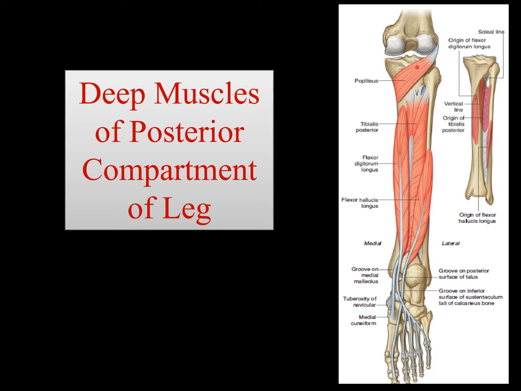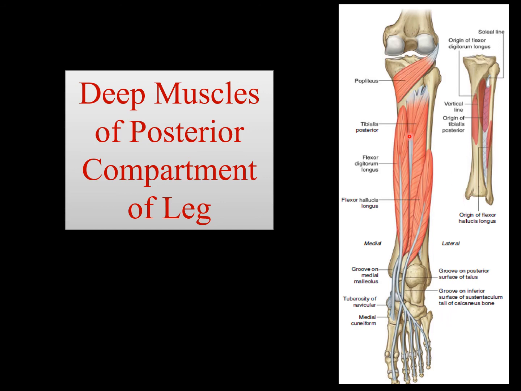So here we can see the deep muscles. The first is our popliteus, arising from the lateral side of the lateral meniscus, an intracapsular origin, obliquely moving and attaching to the upper part of the tibia. Its function, as we have already discussed, is unlocking the knee. Because it runs obliquely from lateral to medial, when it contracts or shortens, it rotates the femur on the tibia a little bit and unlocks the joint.